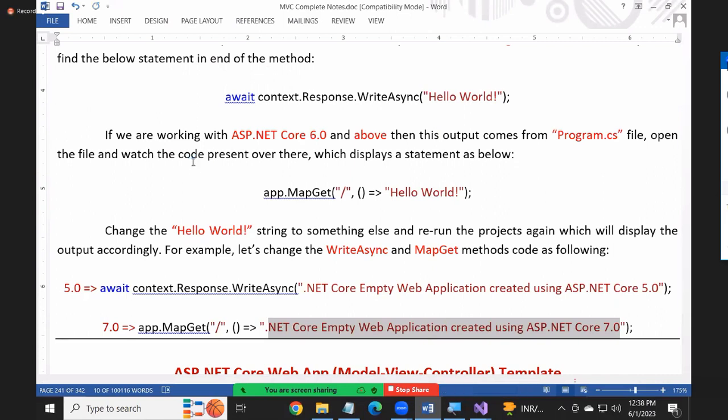Why do I have a main method, sir? Why do I have a program class? All these things we saw in console applications and Windows, but we never came across these things in web applications till now. In web application, main method, program class, all these are missing. Why are they coming again now separately? Listen, your ASP.NET Core